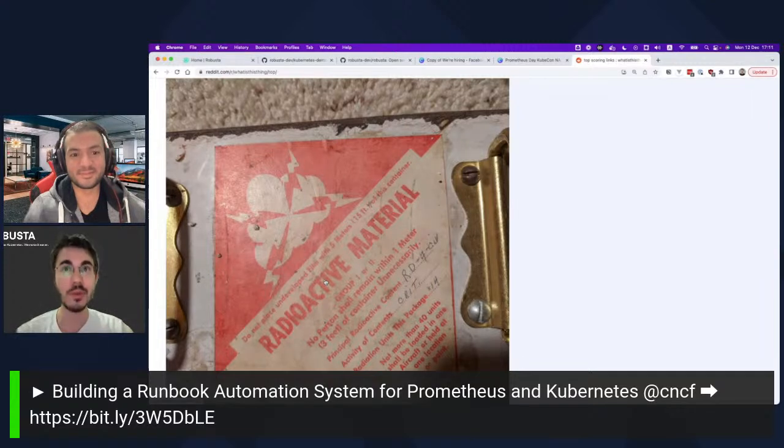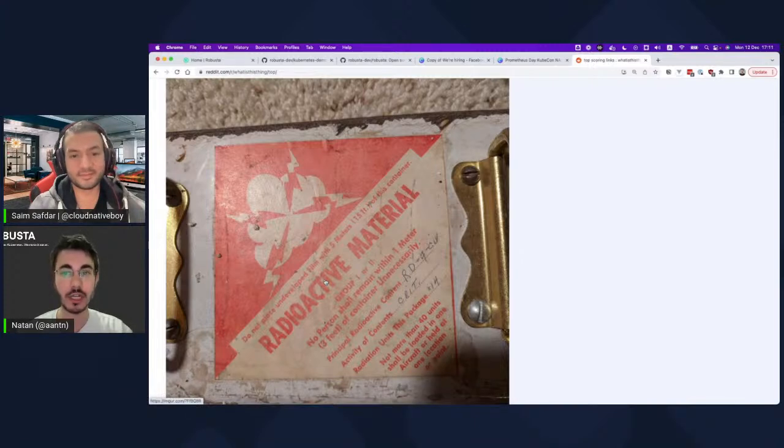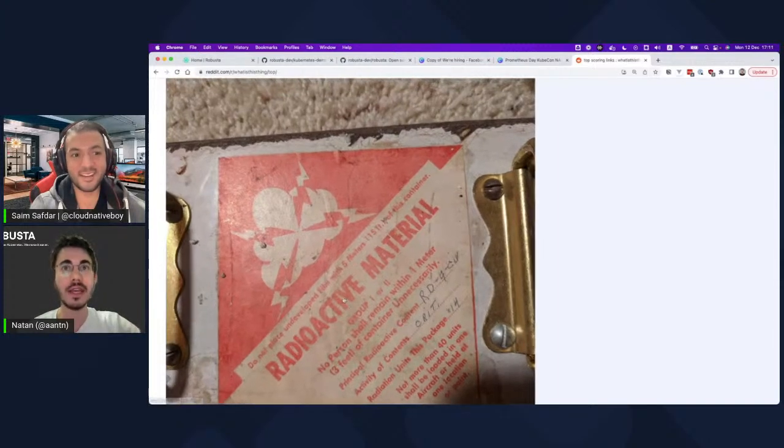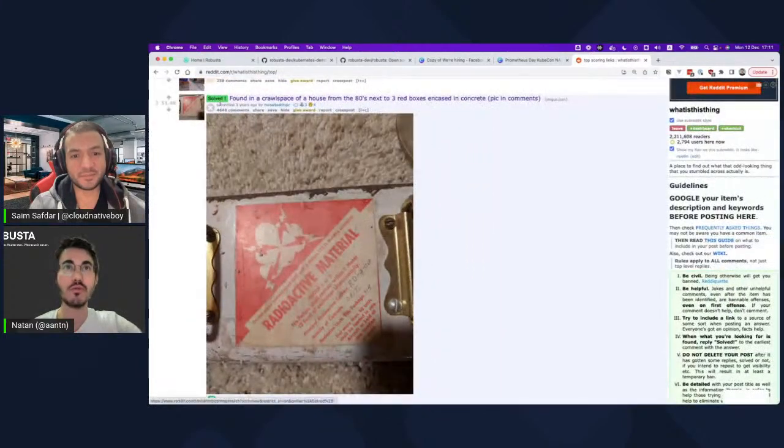You get something, and at first glance, this could be a major crisis. There could be some issue that's going to take all of your production down. And the natural instinct that many of us have is to freak out and say, okay, whoa, radioactive material, let's call the police, let's call everyone over. And I can zoom in here and read through the story here on Reddit and see what happened. And if I go through the story, at first they freaked out,